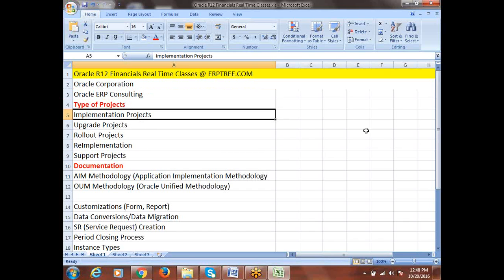When we talk about an implementation project, we'll try to understand the complete end-to-end implementation project. If you are going to do the implementation for any client, where do you start? First we start with a kickoff meeting, and then we take the requirements. After taking the requirements, we create a document. Then we focus on the as-is and to-be processes and prepare documents for them. We have to get sign-off approval on these documents from the client, and we'll discuss that in detail.